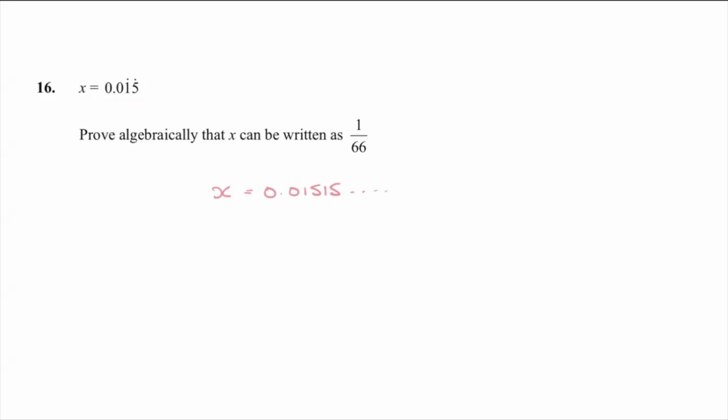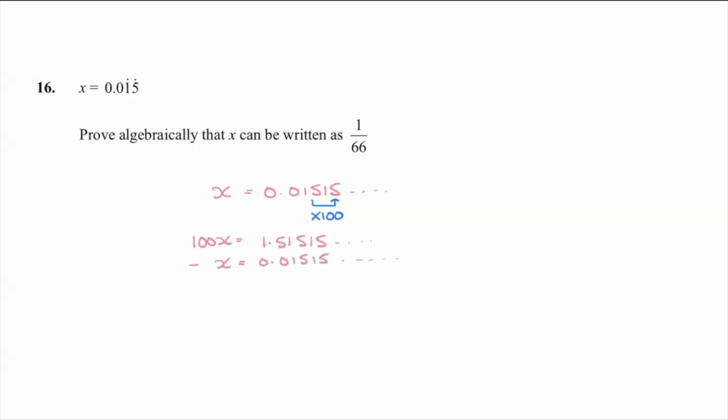I can see that it takes 2 places for a number to recur. That tells me to multiply the whole thing by 100. If I do that, I get this. The next step is always the same, just take away an x, and we know that x is equal to